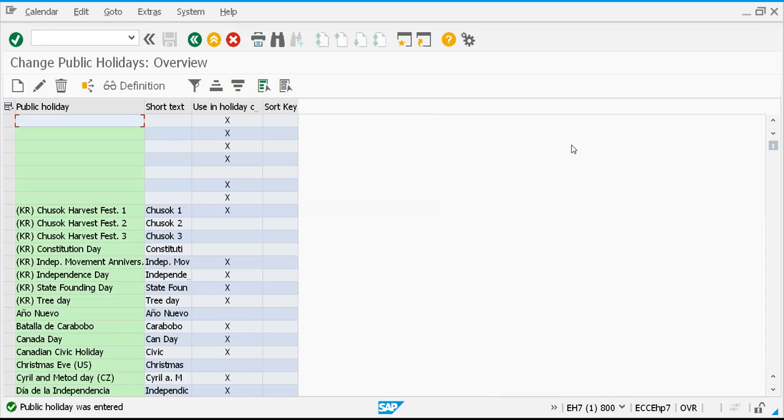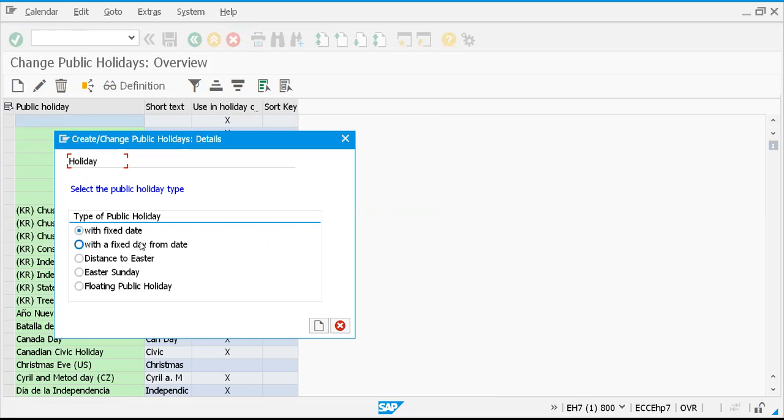So you know how to create holidays with a fixed date. You can go back and create more. I'm not wasting time creating a bunch of them. So we know how to create with a fixed date. Now let's try another type of holiday. I'll click on create again, and